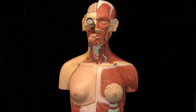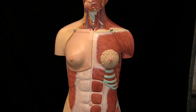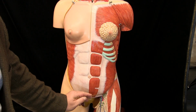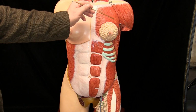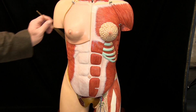Well, it may not seem like it, the breast is actually derived from a sweat gland. So the sweat glands that form all over the body can form the breast as well if they're in an area known as the mammary line, which extends all the way down the lateral side of one side of the body. Unlike regular sweat glands, the eccrine sweat glands, the breast branches multiple times and has one exit point at